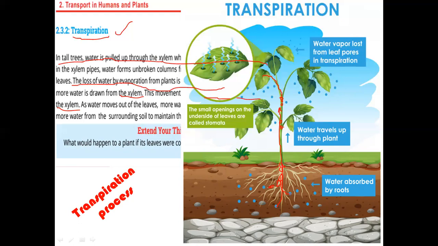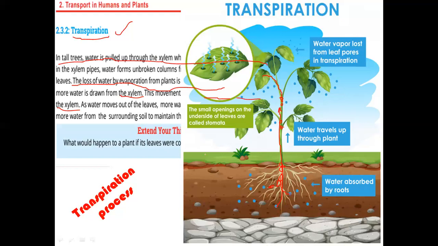We are having just beads like a counter. So that becomes like that because they have strong forces of attraction. So they pull the water molecules from down to upward, into the leaves and then out of these